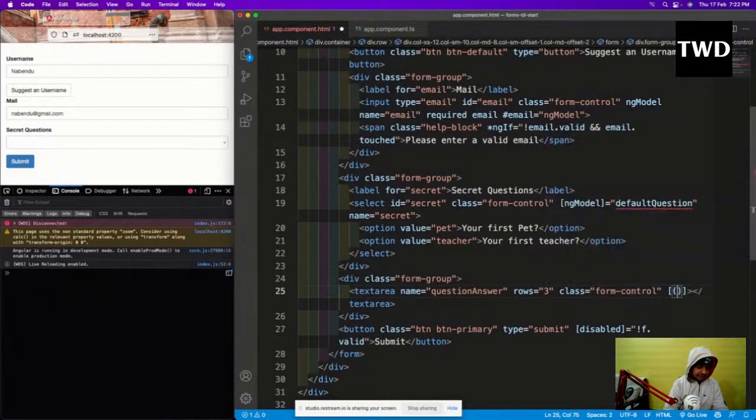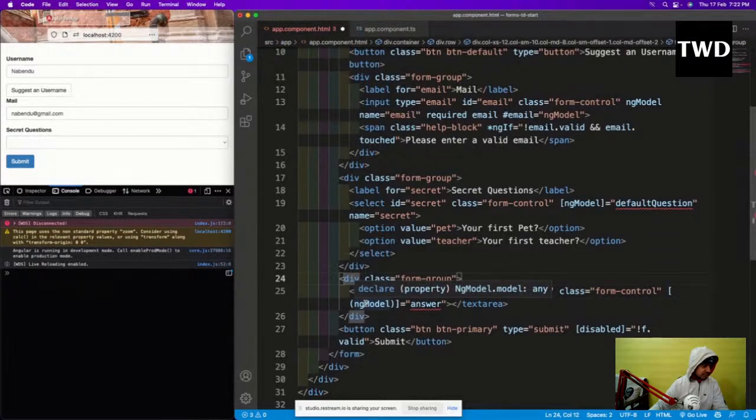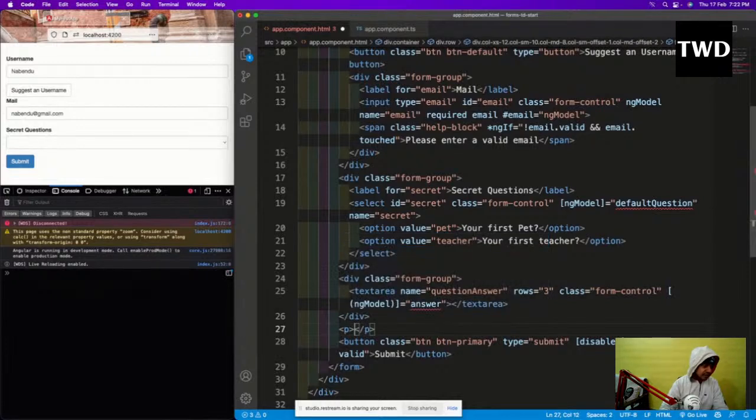And you can use TypeScript in React also. It is not required, but there are ways to use it. And React has taken the approach to be very easy. The answer is also not there. We have to create it after this div for form group and all. I'll have a p, and this p will be your reply is answer, like this. Again, the answer is not there, so if I save it, it will give me an error.